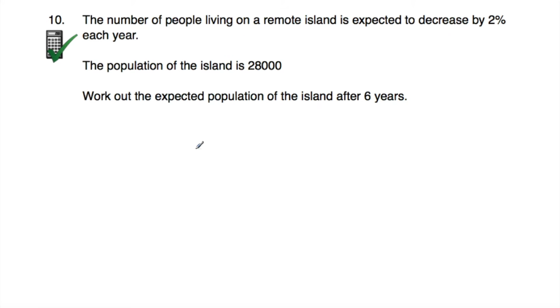Okay, so here let's start off with the initial, which is 28,000, multiplied by the multiplier. So the population decreases by 2% each year. So that means the multiplier, well, if it decreases by 2%, you're left with 98%. As a multiplier, that would be 0.98, because if you multiply something by 0.98, you decrease it by 2%. And then to the power of 6, because it's after 6 years. So if we do 28,000 multiplied by 0.98 to the power of 6, that's equal to